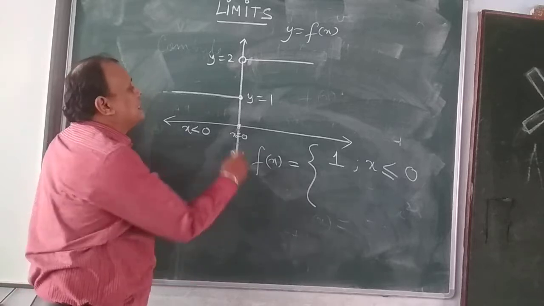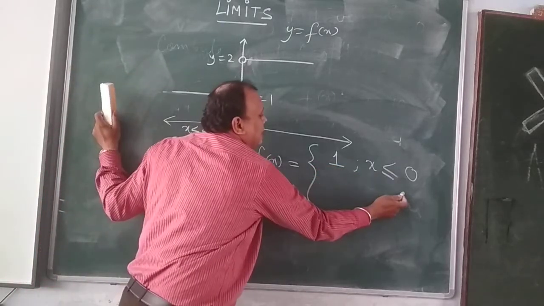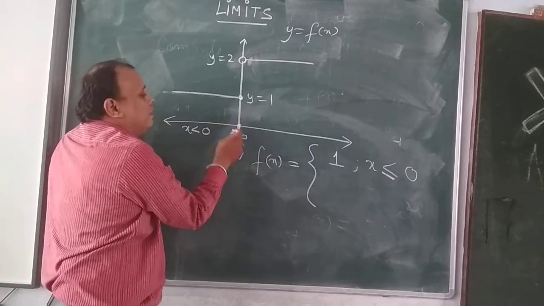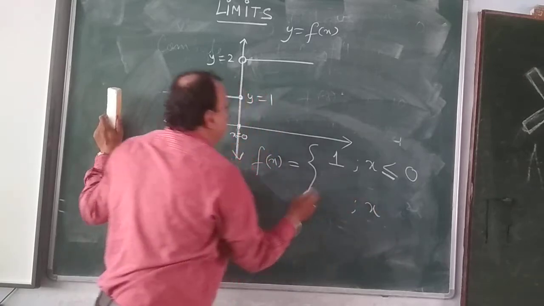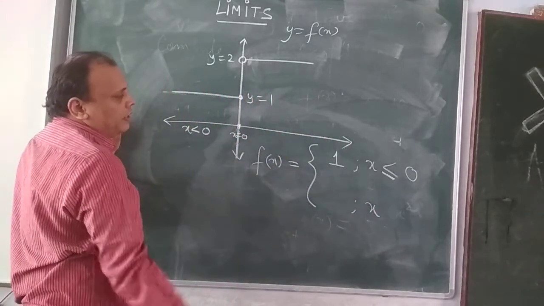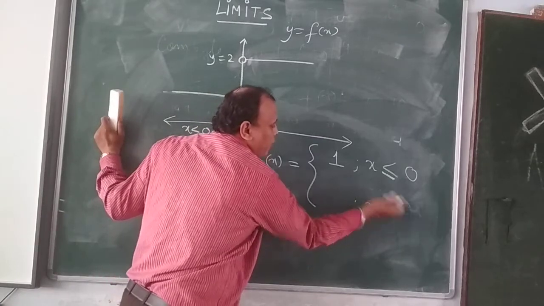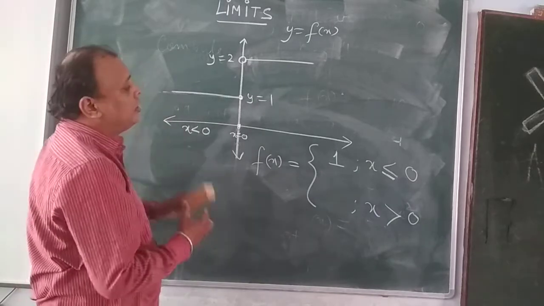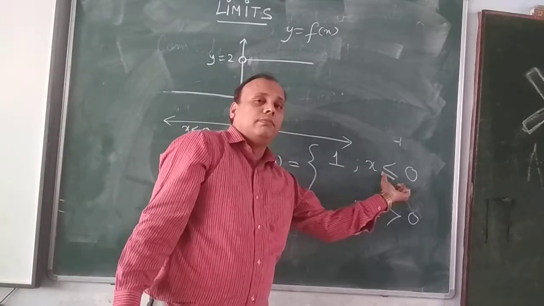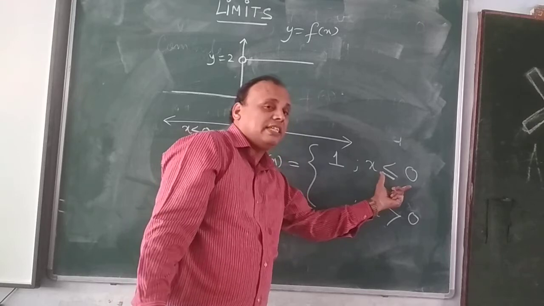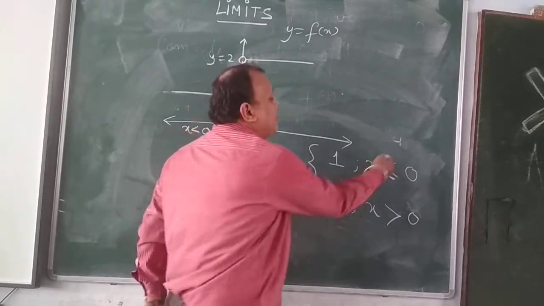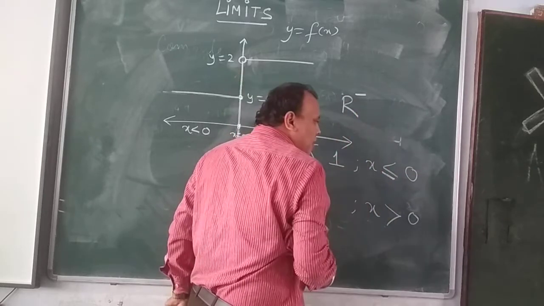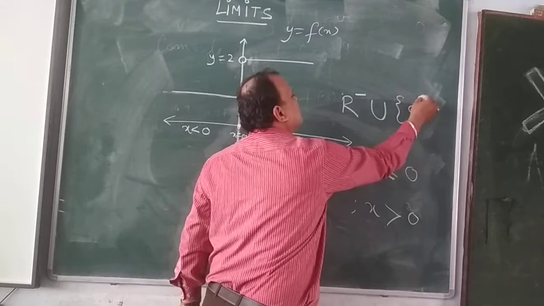Once it is less than or equal to, this equal to sign has been included in this condition. Now next condition, if I want to represent this entire real number line, the thing which is left out is positive real numbers. So that can be represented with the help of x greater than 0. These are all non-positive real numbers. So I am actually representing the set. Which set I am representing with the help of this particular inequality? One is negative real numbers, another is a singleton set containing 0.